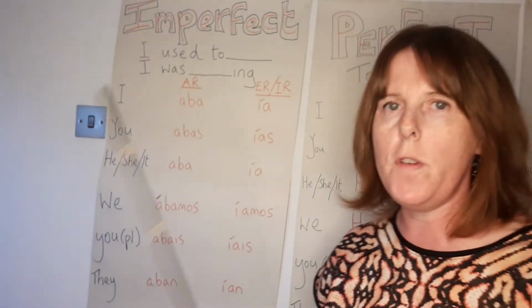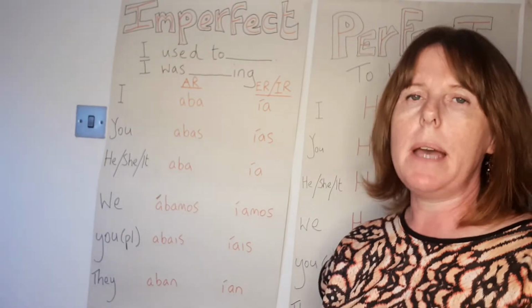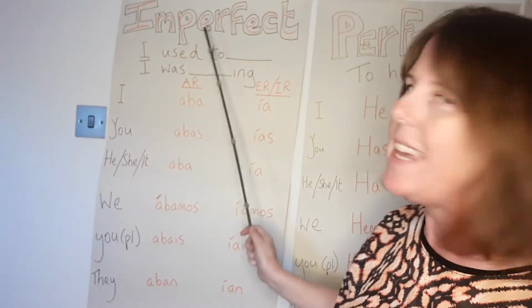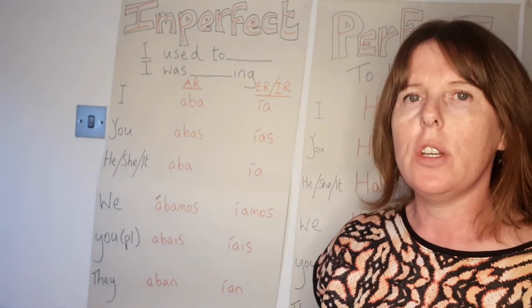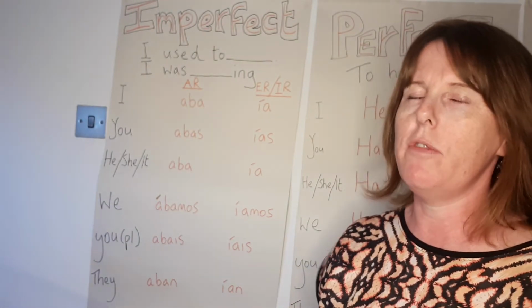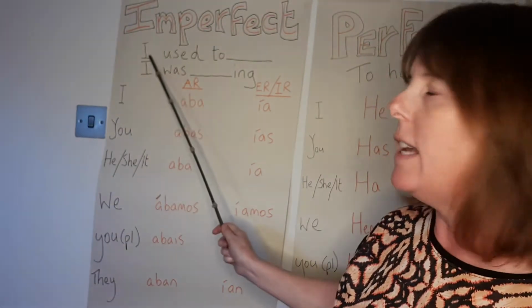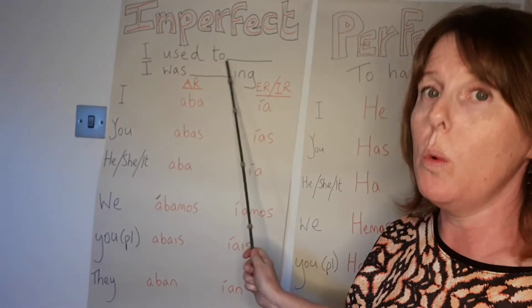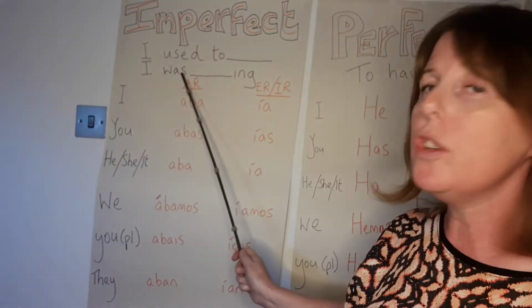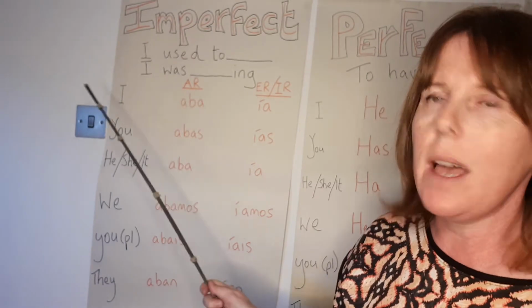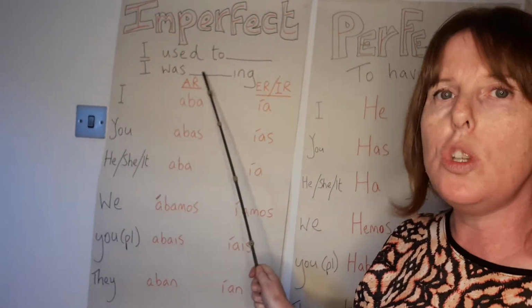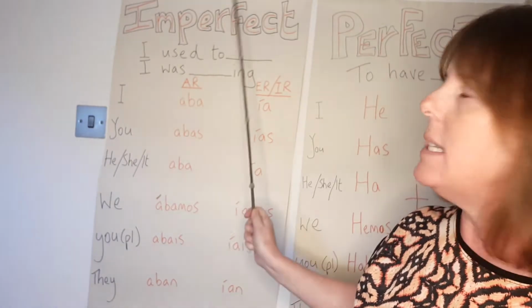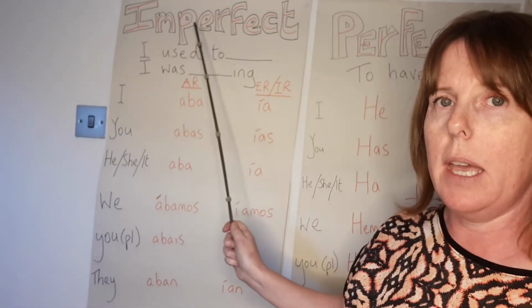Okay, so the first song in the past tense I'm going to teach you is for the imperfect, okay? If you see in English, or you want to translate something from Spanish to English, English to Spanish, it's when you want to say I used to whatever, or I was something. So for example, I used to cook, I was cooking. As soon as you see that, it's the imperfect tense, okay?